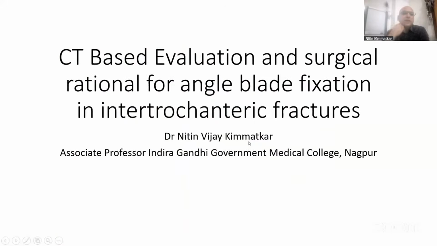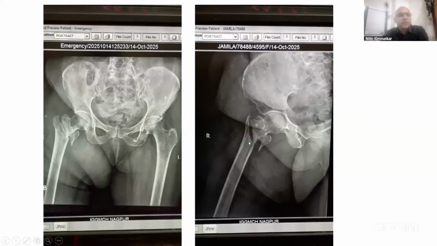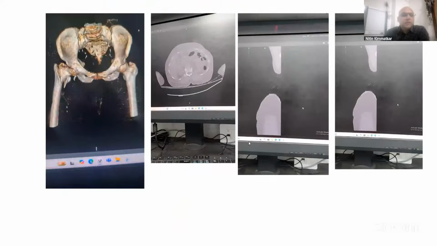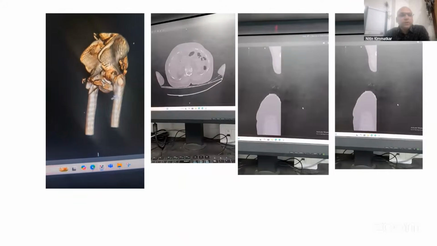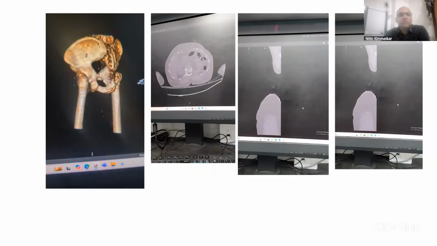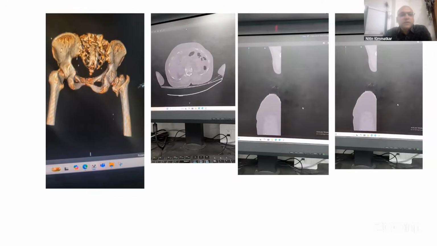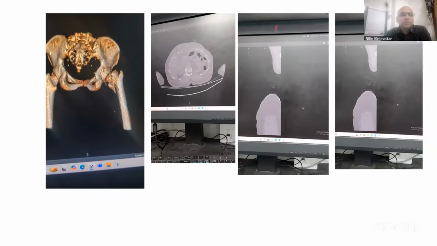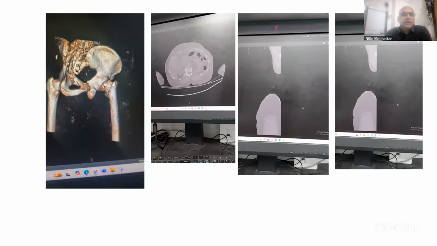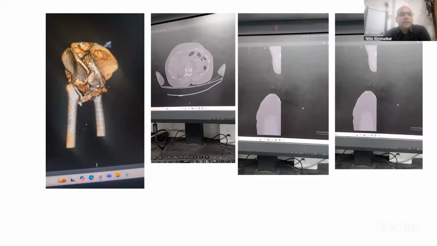So this is a case having a 4-part fracture. This is a 65-year-old female with an unstable 4-part fracture. This is an AP and lateral view. This is the CT scan of the patient. You can very well see both the hip joints and the 3D reconstruction of this CT scan. You can see the greater trochanter is fractured, the lesser trochanter is fractured. There is a shaft, and there is a head and neck part of the